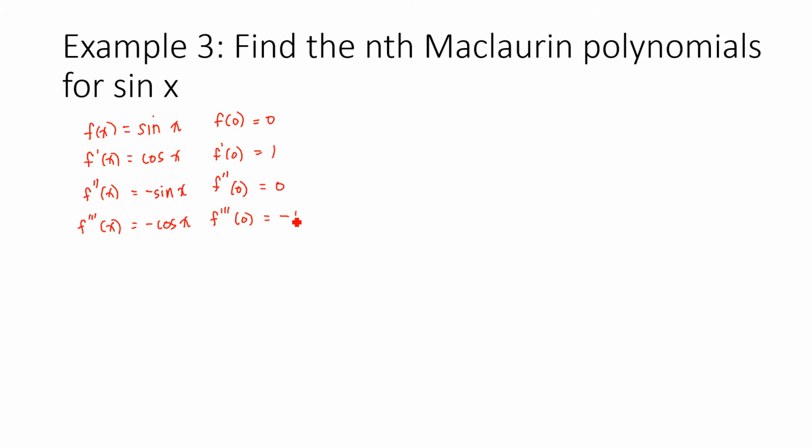Since the fourth derivative is equal to sine x, which is equal to f of x, the pattern 0, 1, 0, negative 1 will repeat as we evaluate successive derivatives at 0. Therefore, the successive Maclaurin polynomials for sine x would be